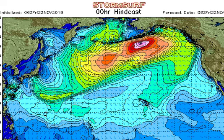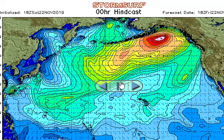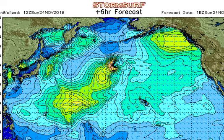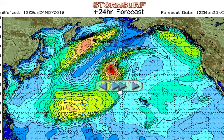Local scale for Sunset Beach. Starting these in and running through the current day. You can see that next little storm pumping us up for Wednesday. Here's current time, Sunday the 24th. Right here on our side of the date line, this little spinner starts to kick off and support the storm